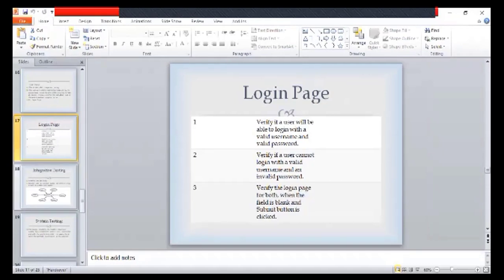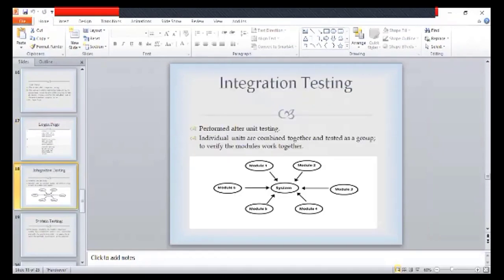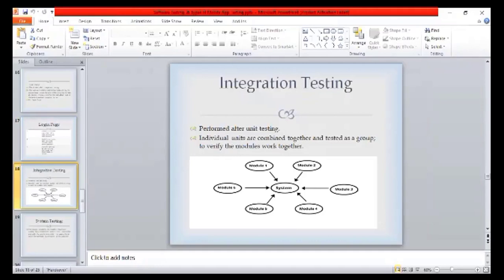Next comes integration testing. Integration testing is done after unit testing. Unit testing is done by the developers because they develop each and every component and test it. When they push it for the merge, at that time we'll see the integration. The login page we will consider as a different module. We'll create it first, because the first scenario we get is obviously login, and next we'll develop something else, like the home page.